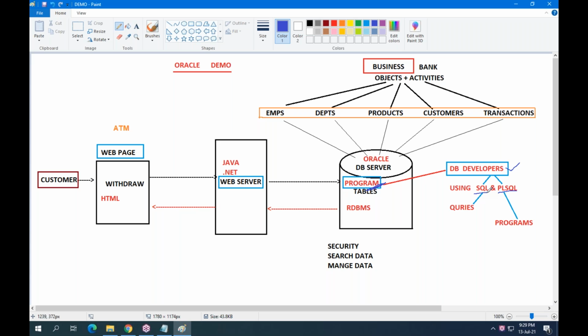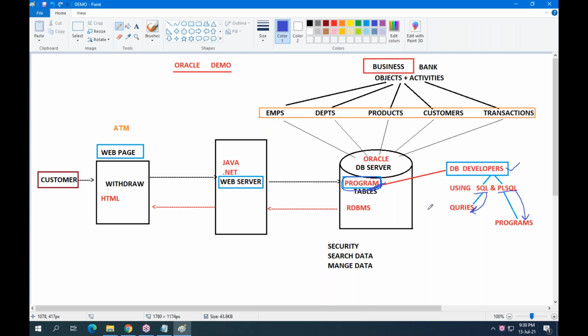Generally, by using SQL, we write queries. By using PL/SQL, you write programs. Each program is responsible for performing a business task.